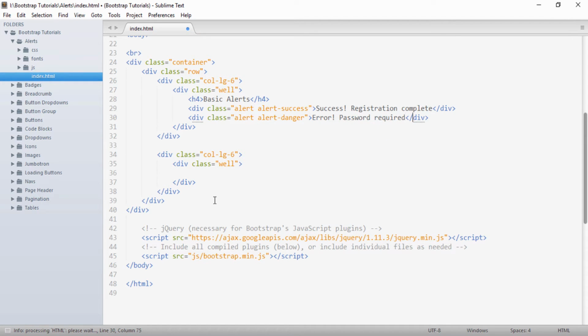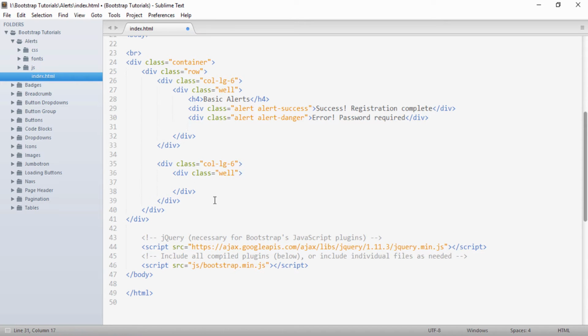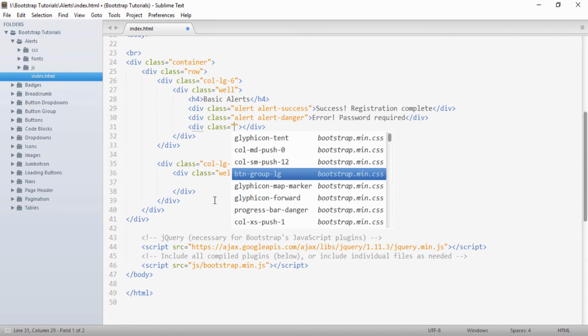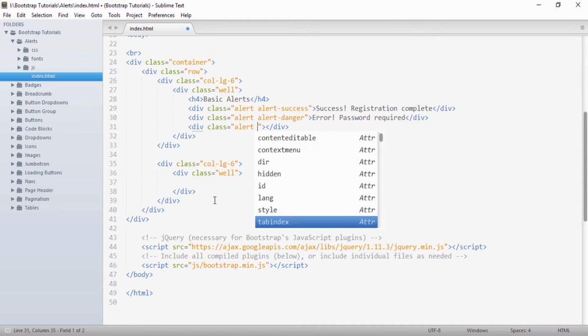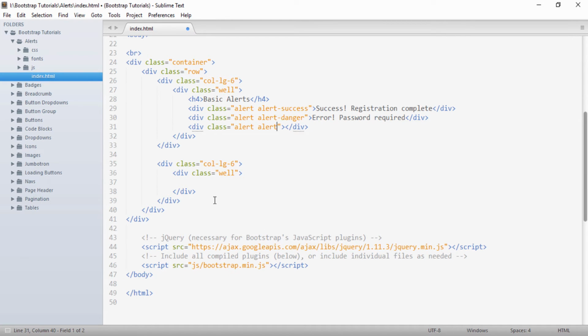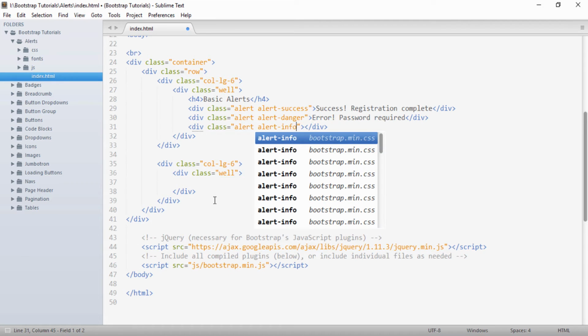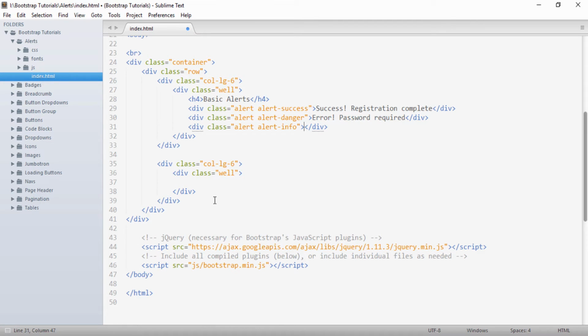Moving ahead, I again create a div, and to this div I provide a class of alert-info. So let's say here I have to provide an info to the user, so I provide info as please read.